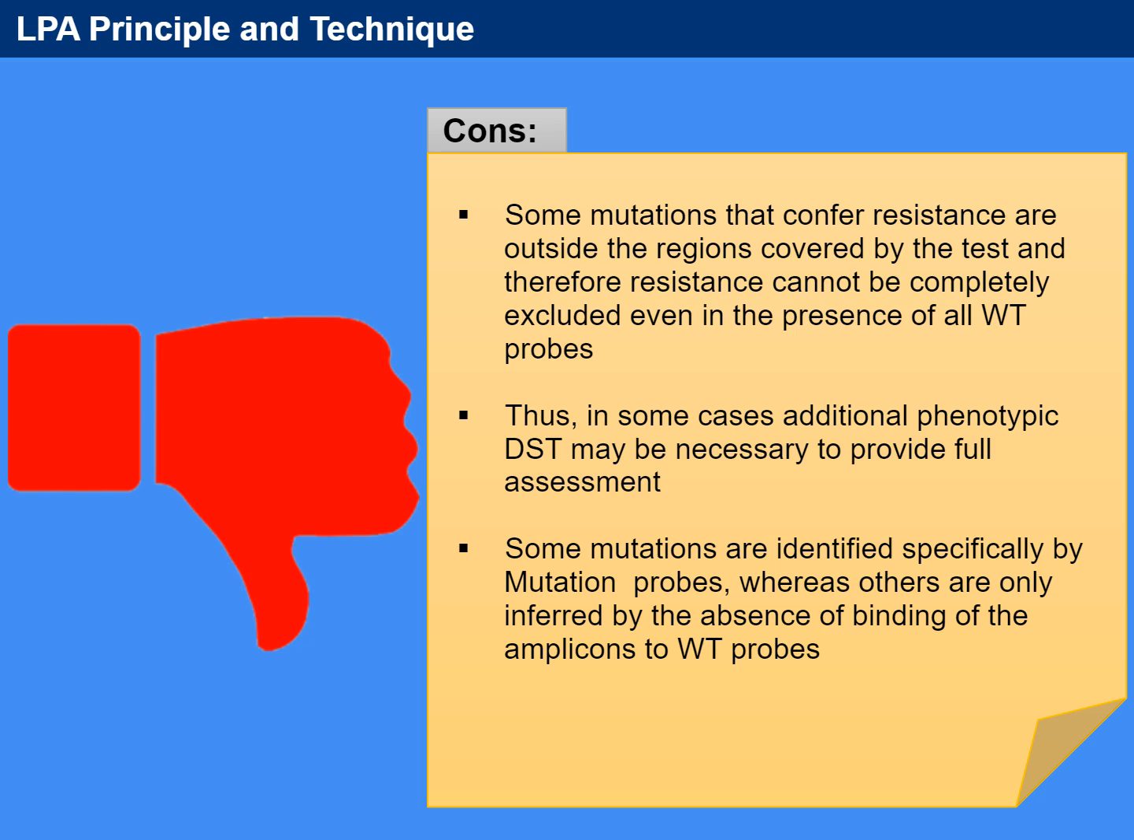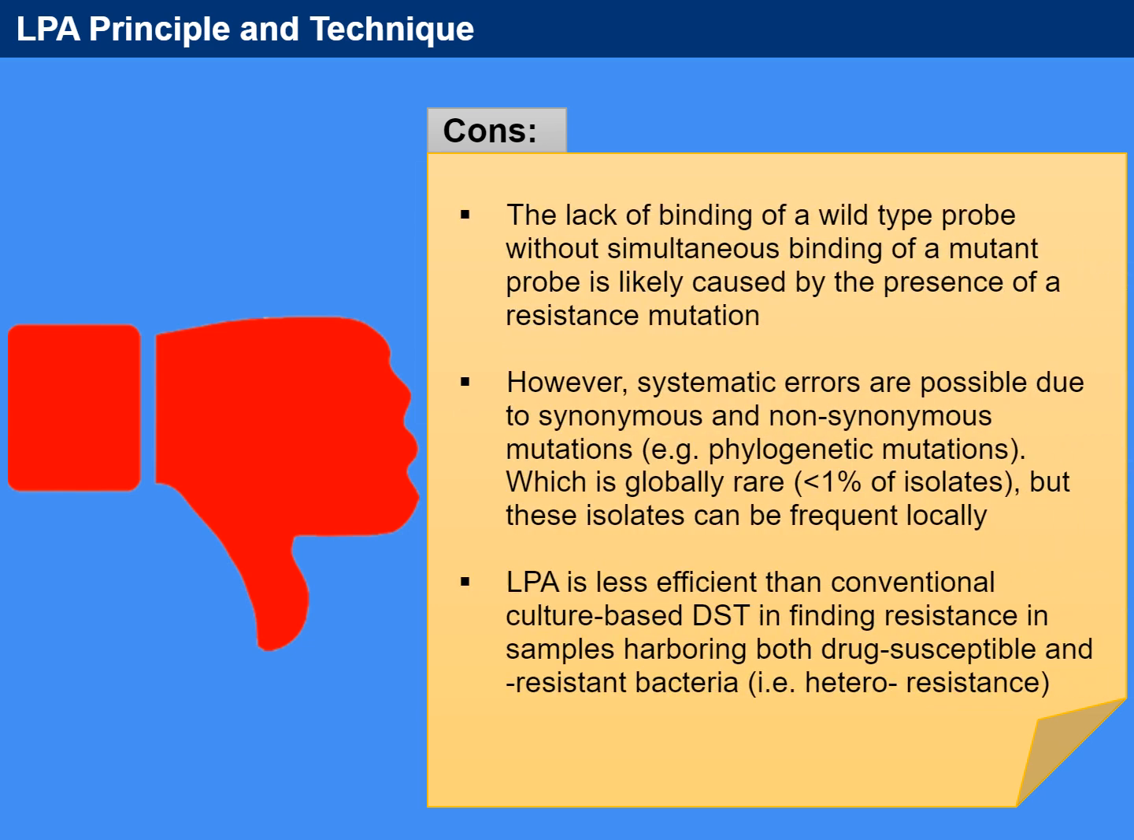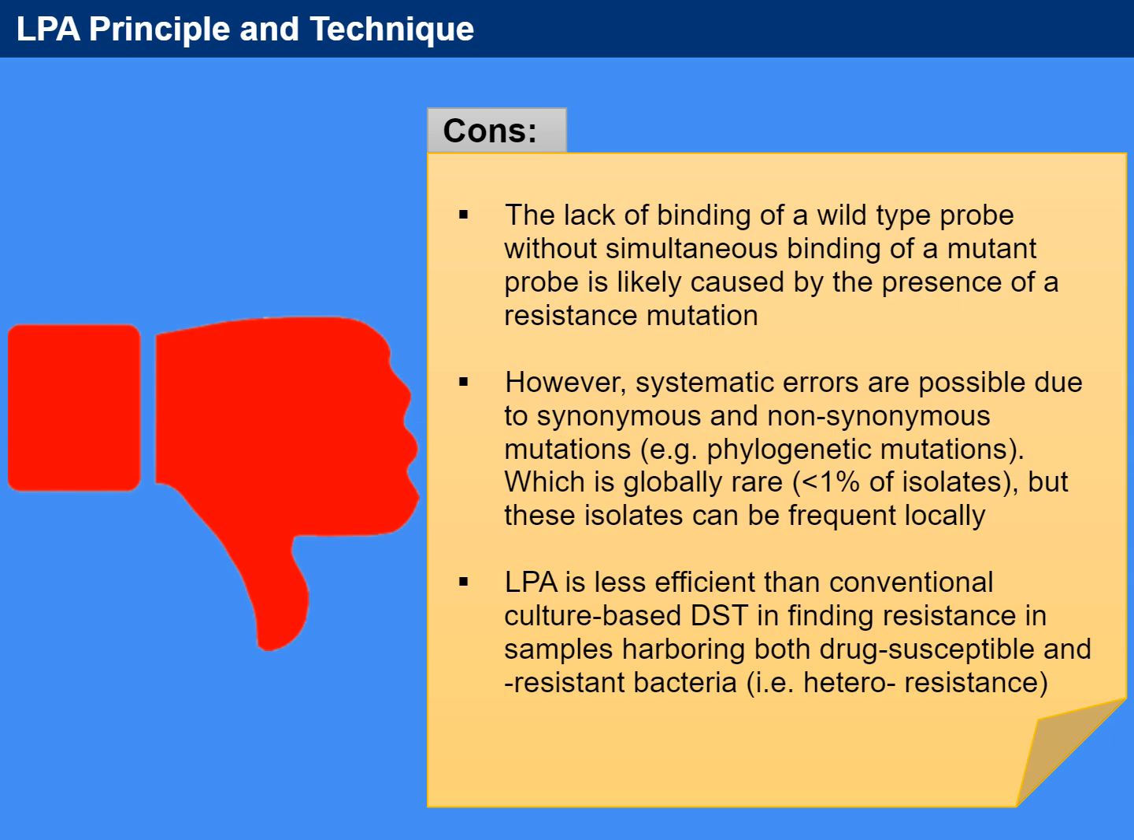Some mutations are identified specifically by mutation probes, whereas others are only inferred by the absence of binding of the amplicons to wild-type probes. The lack of binding of a wild-type probe without simultaneous binding of a mutant probe is likely caused by the presence of a resistance mutation. However, systematic errors are possible due to synonymous and non-synonymous mutations, which is globally rare,